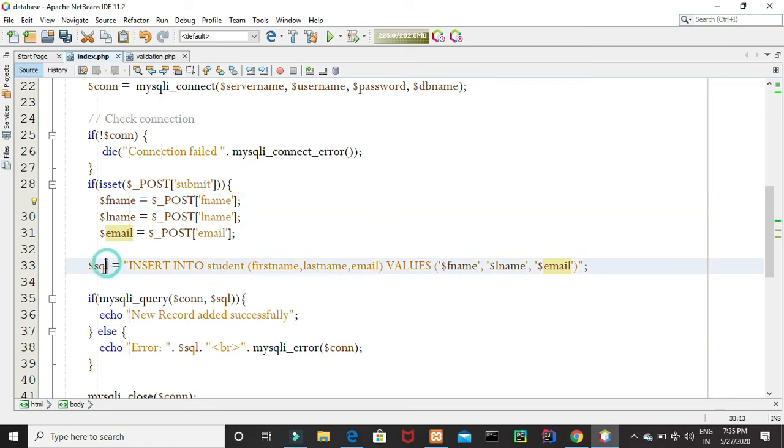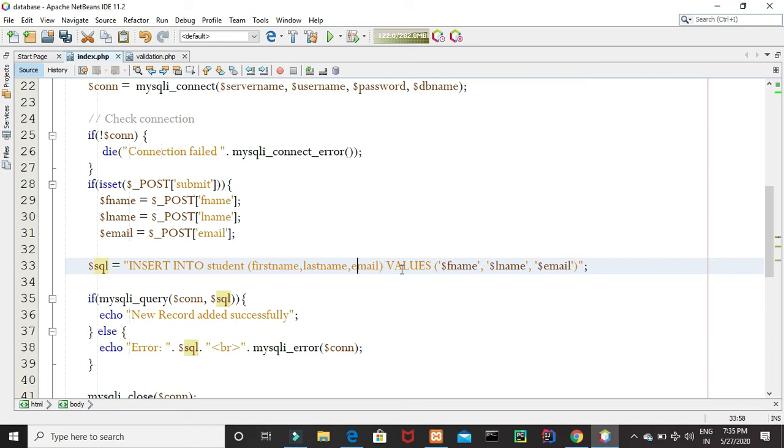So we have a variable called sql, and since we want to insert into the table, we are going to use insert into. This is the name of our table, student, and if you see, we have the fields first name, last name and email, or in other words, we have the columns first name, last name and email in our table called student.